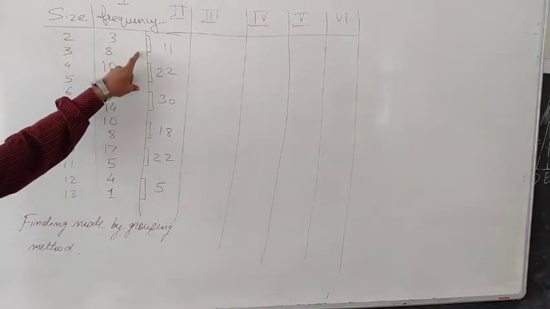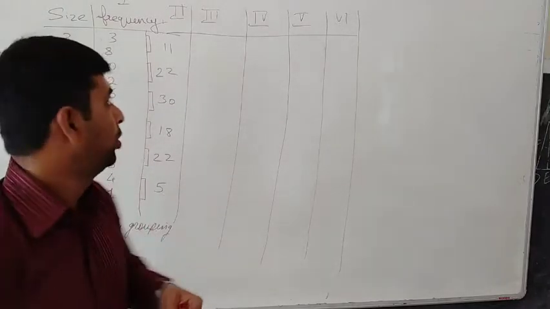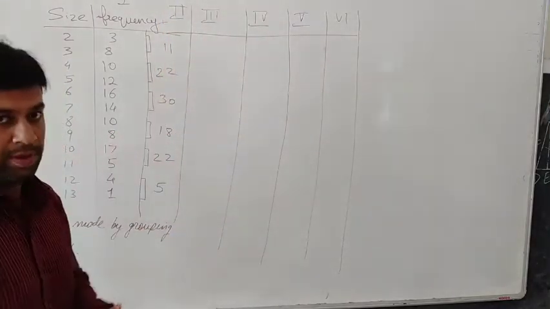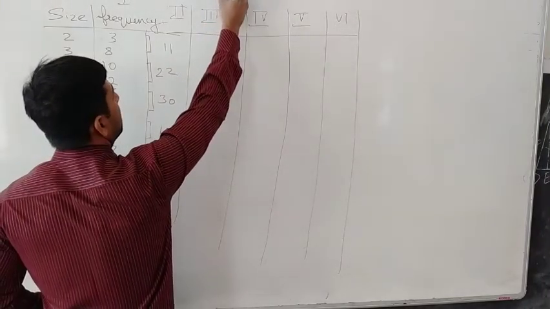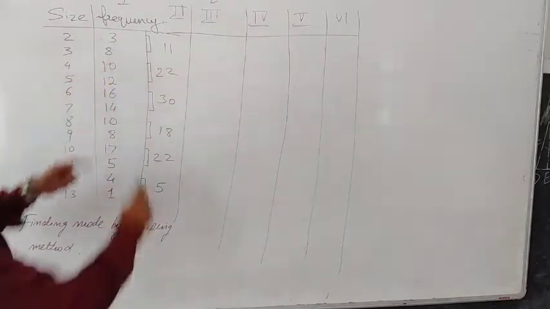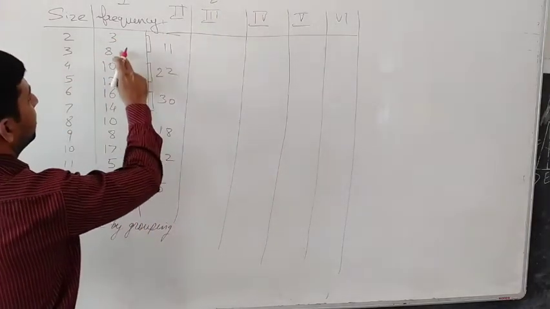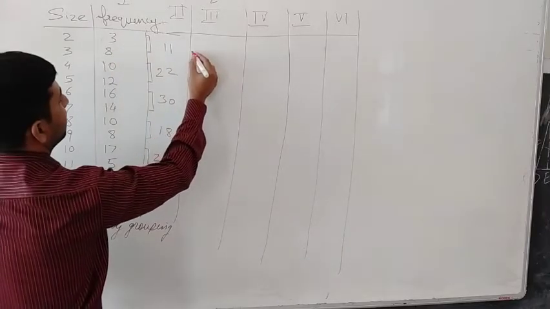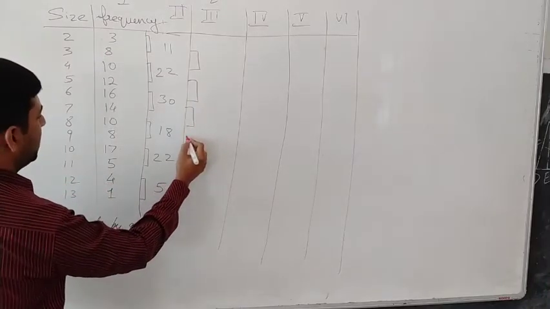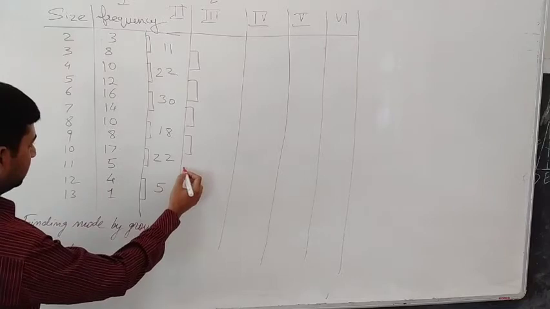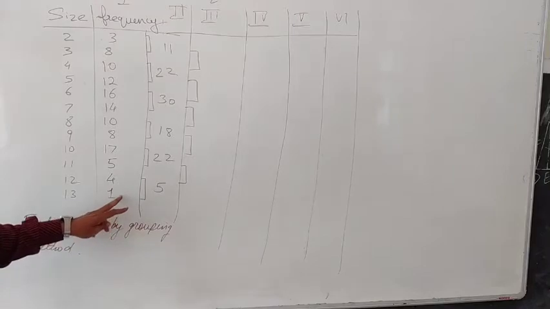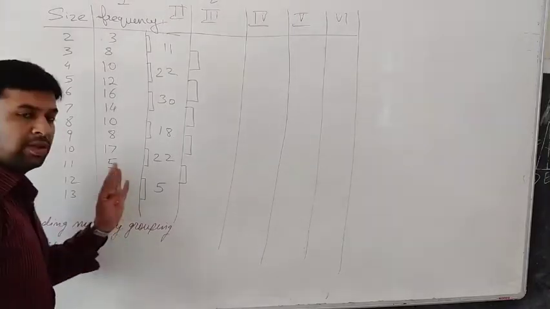So what are we doing? We are making pairs of 2. So here I am writing, you will have to make pairs of 2 each. Then in the next step, you will leave one and the pairing of 2 will be done. Here the first one we are going to leave. So the pairing will be made from here: 8 and 10, then 12 and 16, then 14 and 10, then 8 and 17, then 5 and 4. Now here 1 is left. We cannot make a pair over here, so we leave it out.